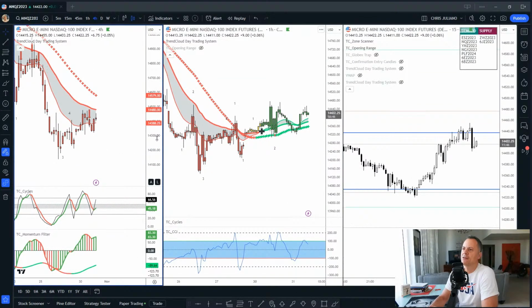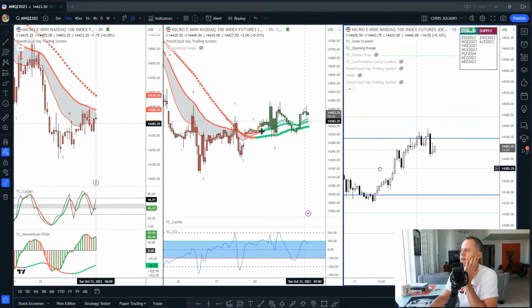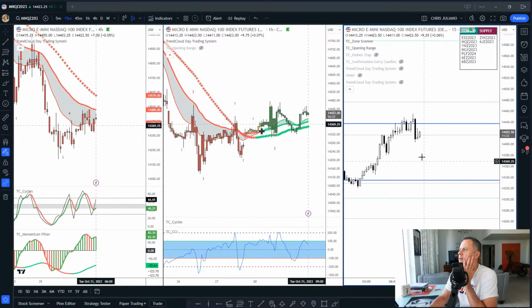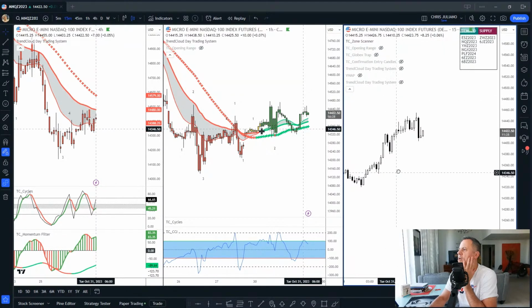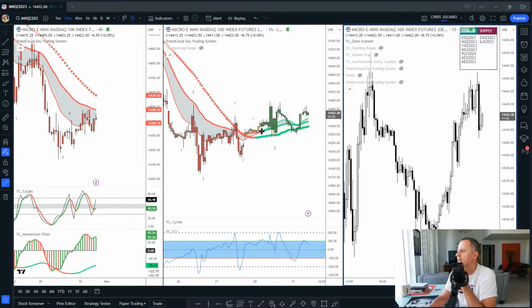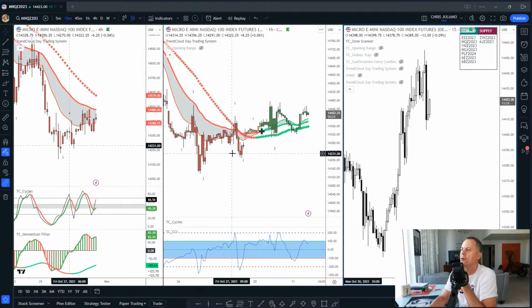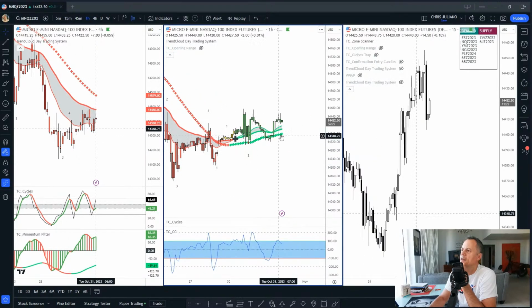So this is a downtrend. We are in a major downtrend here on the Nasdaq on that high time frame, and the scanner is picking up all of the. Let's turn this off here. We're not ready for the opening range yet, but the scanner is picking up on all the momentum that's going